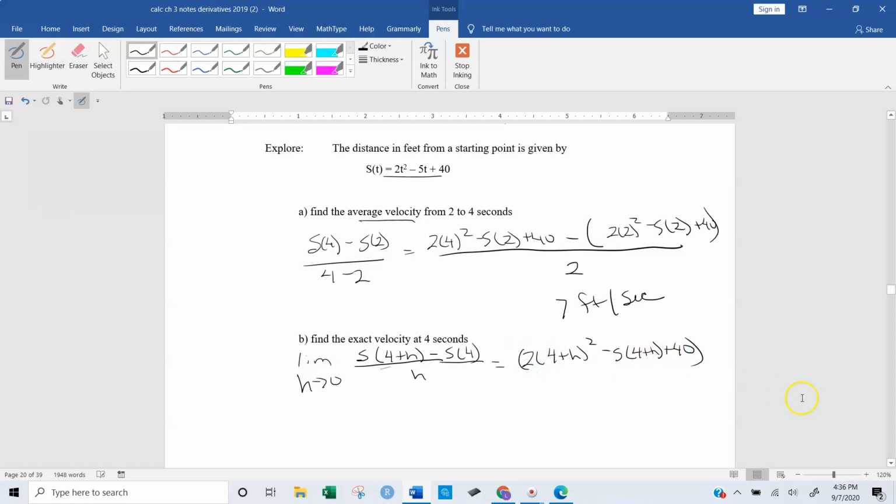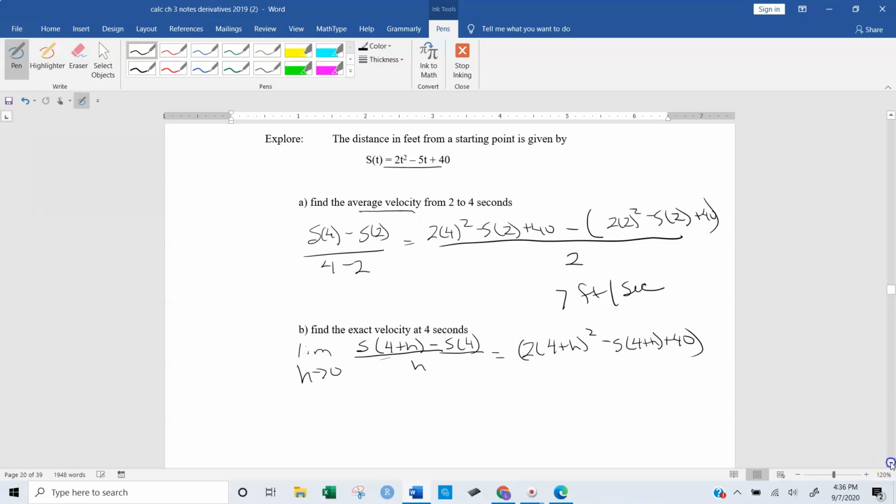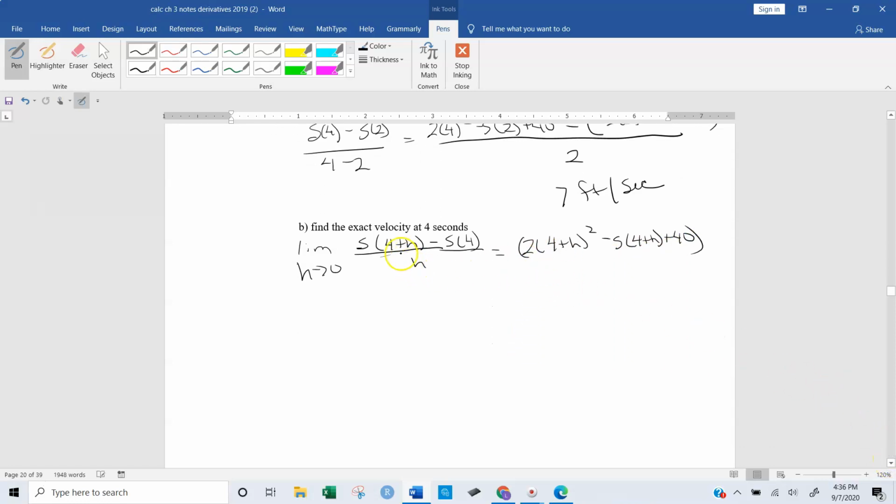Oh, I'm out of room. I should have written down farther. That's your 4 plus h, right? So let's just go over here and do our math again. Sorry about that. So let's write this here. 2 times 4 plus h squared minus 5 times 4 plus h plus 40. That's in our first set of parentheses. Minus, we're going to plug in our 4 and take 2 times